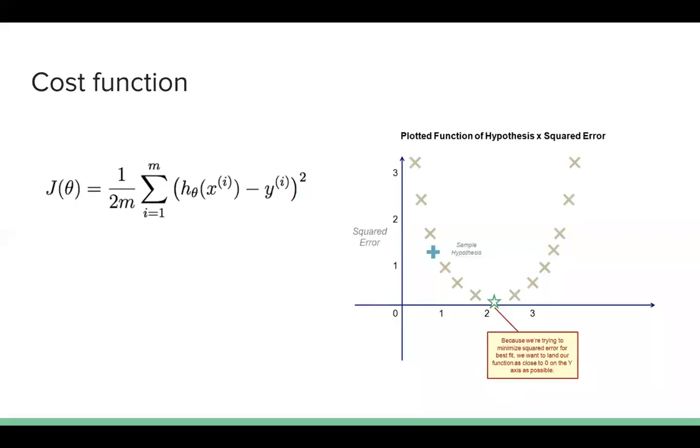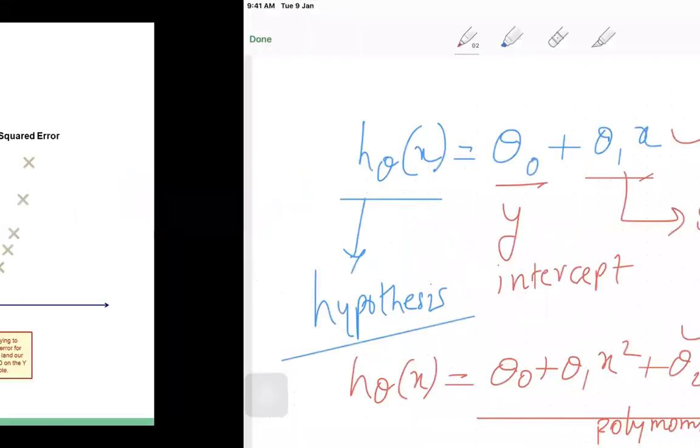Now, what I have done here is I've shown you another graph. This graph is actually nothing but the graph where we have plotted the error. So one important point, how did we get this graph? That's what I'm going to show you right now.